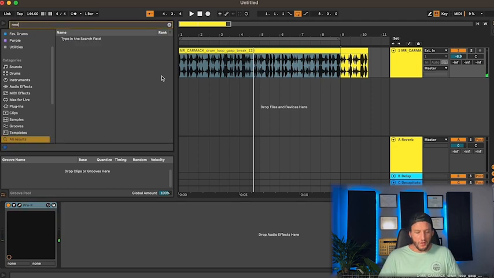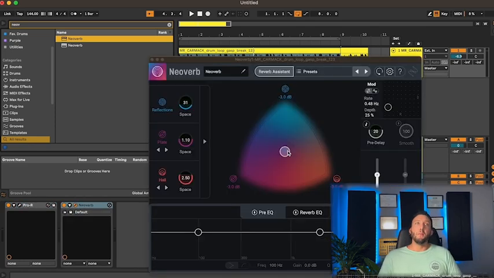And then another one that's great for vocals is Neoverb. Neoverb is one that iZotope came out with a couple years ago. Basically, it's an automatic reverb, primarily used for vocals, but you can use it on anything. You play a sound, it takes in the sound, and then it creates your reverb for you. Pretty neat. So to show you how that works,